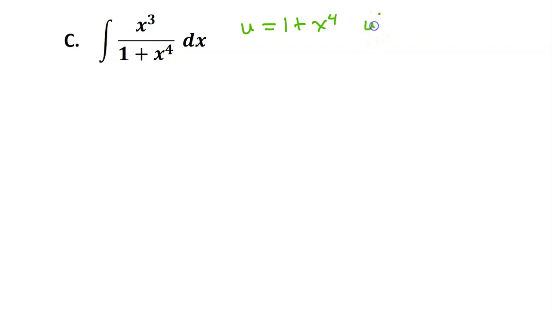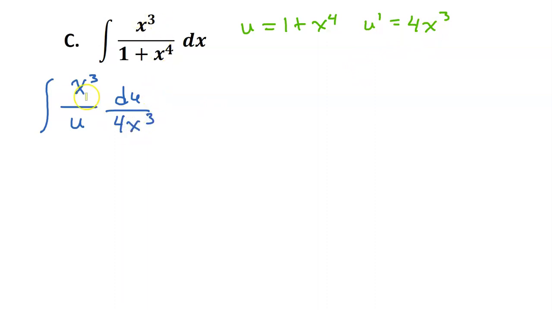In that case, u prime will equal 4x to the 3rd power. When we do this u substitution, we have x to the 3rd power over u, because the entire denominator is u. Instead of dx, we will write du over u prime, which is 4x to the 3rd power. Oh, looky here. We have x to the 3rd power in the top and x to the 3rd power in the bottom. These will cancel each other out. The 4 in the denominator will come out to the front as a 1/4. So we have 1/4 times the integral of 1 over u